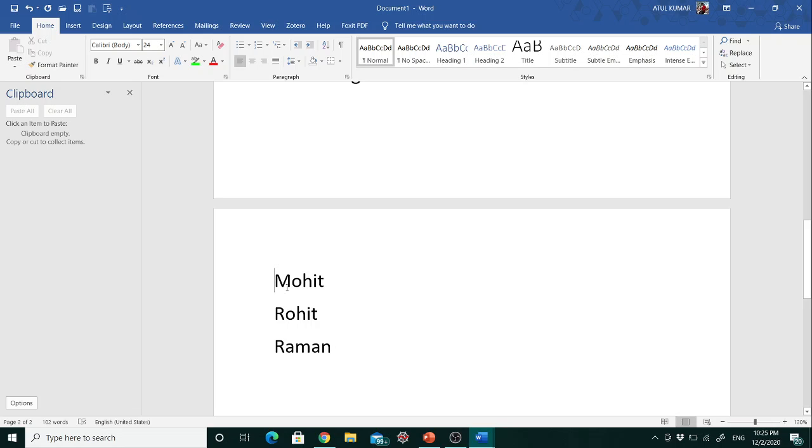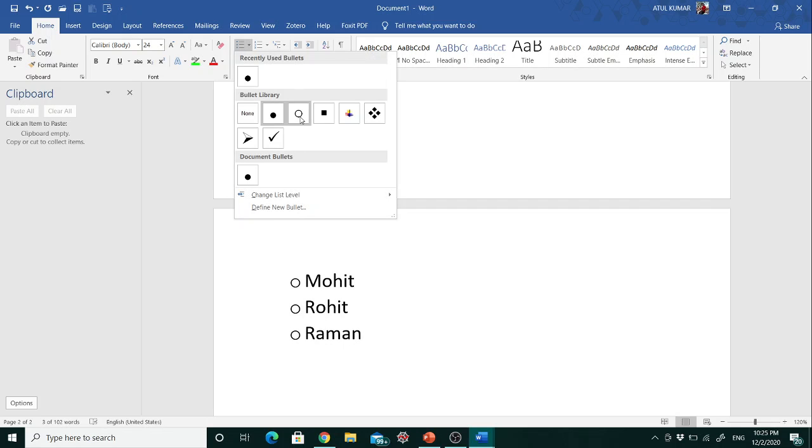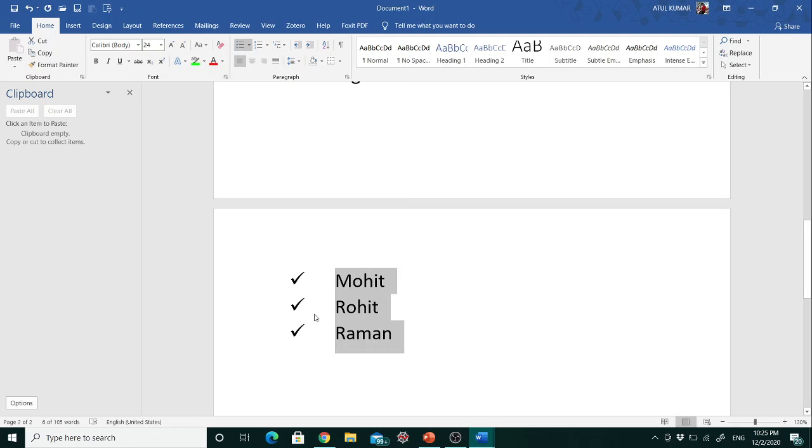These are different names of students, and I want to list them. For listing we can use these kinds of bullets. I can go to this point and use different kinds of bullet library available. If I use this tick mark, then this kind of bullet is shown.